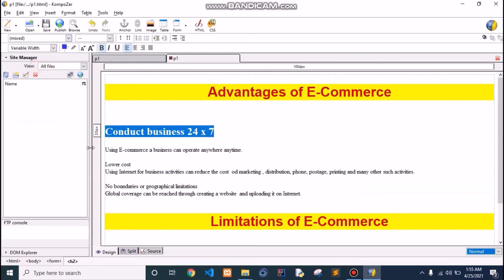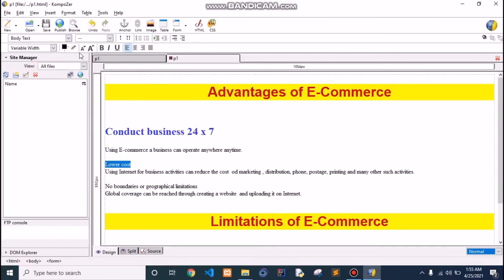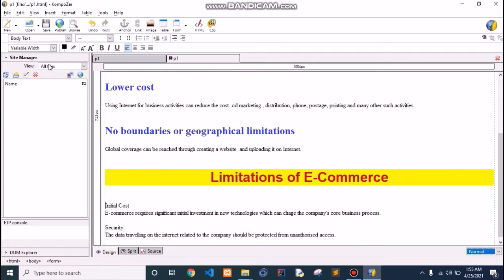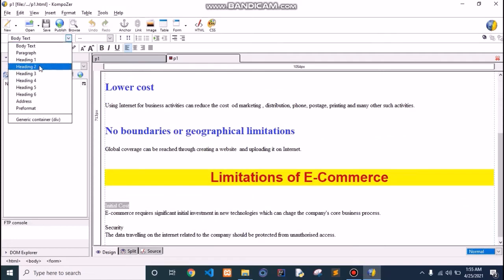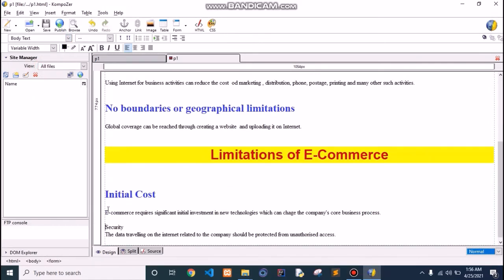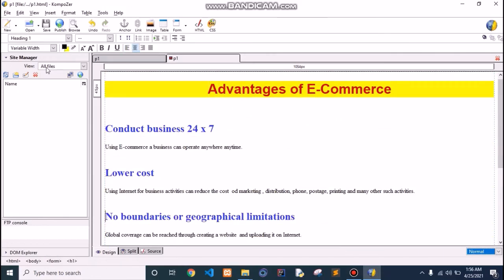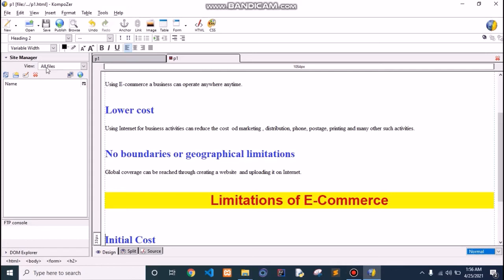Heading 2. Using CSS, how to display the document, that is style for visual elements of the website, can be applied quickly and easily.